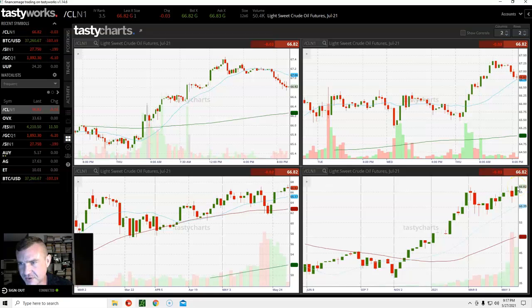A couple hours ago, I don't know how well you can see that, but there's a little bit of a wick there. It got as high a couple hours ago. It was as high as 67.45. So it's had a bit of a pullback. Who knows how things are going to end? But what I'm